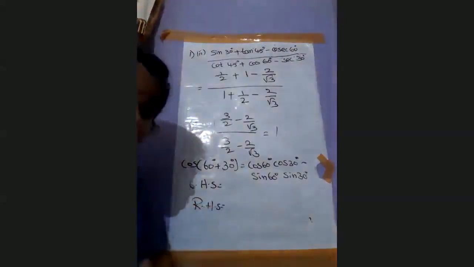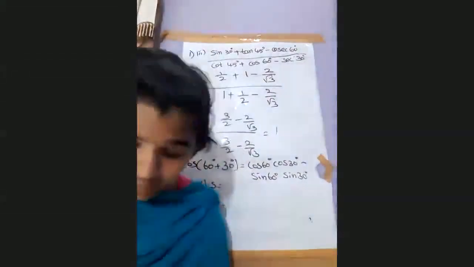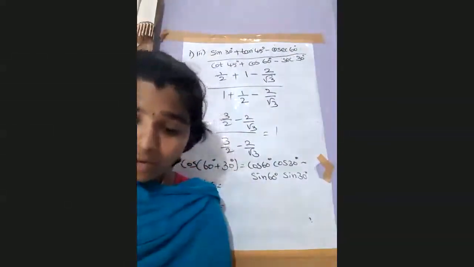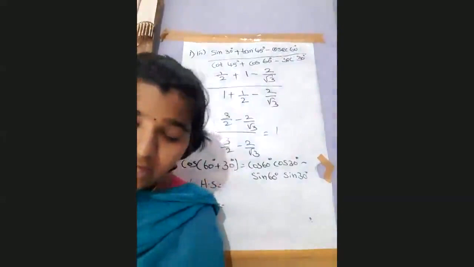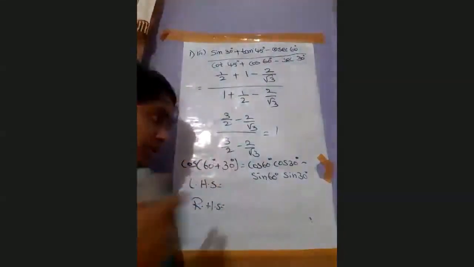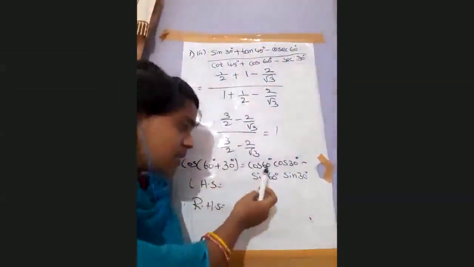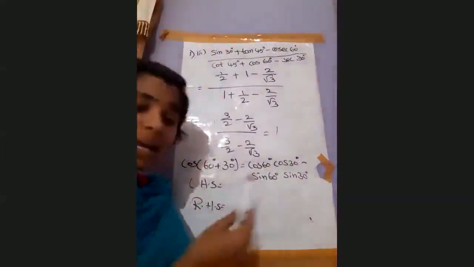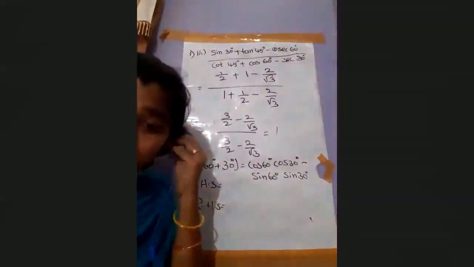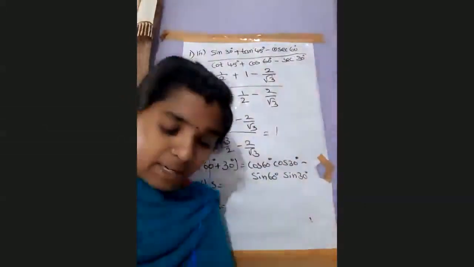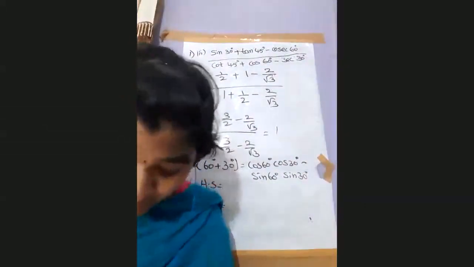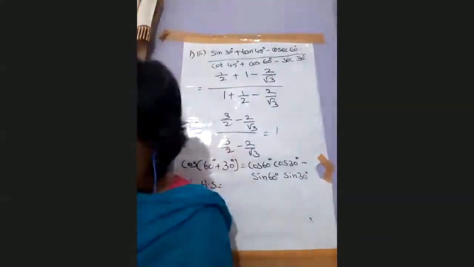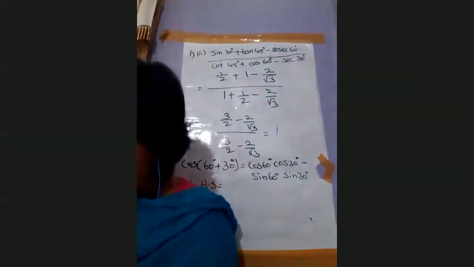Both numerical values you will get the same. If you get the same, we can say that those are equal. Otherwise you can say that those are not equal, right? So you have to find the values. Here RHS means you have to substitute the cos 60, cos 30, sin 60 and sin 30. If you substitute all those values, you will understand whether they are equal or not. Based on that, we can finalize or conclude the problem.